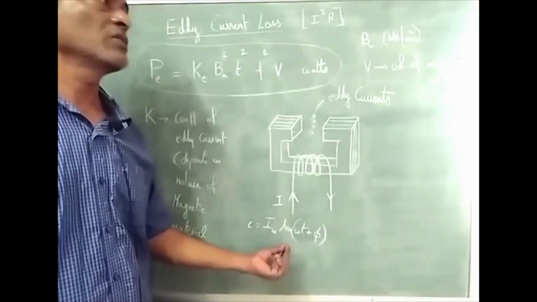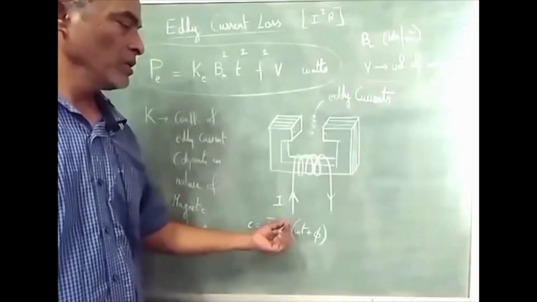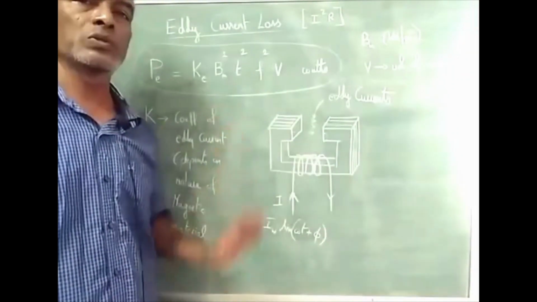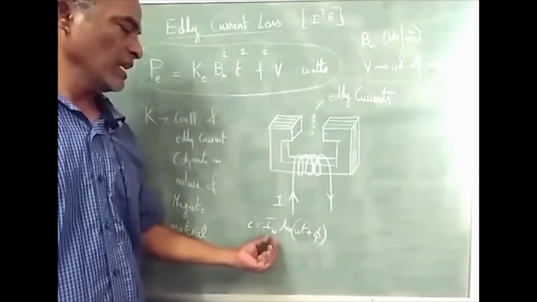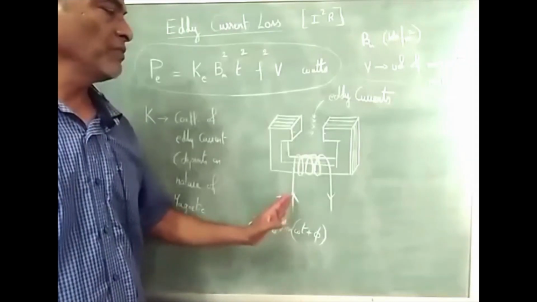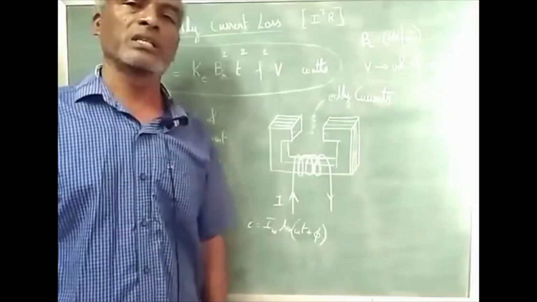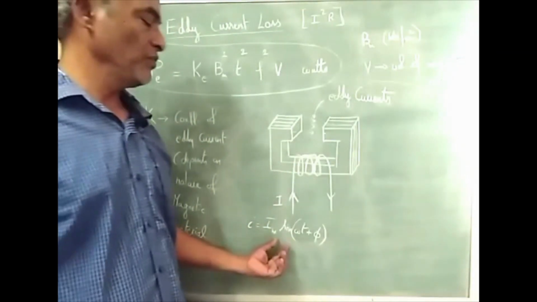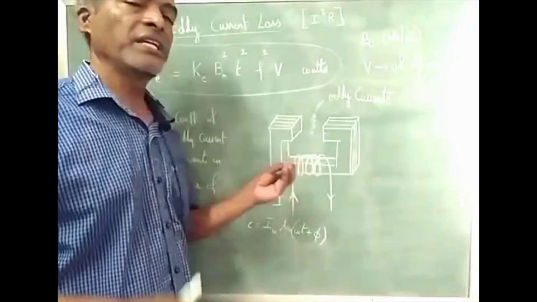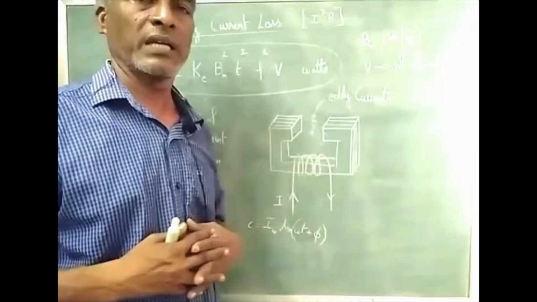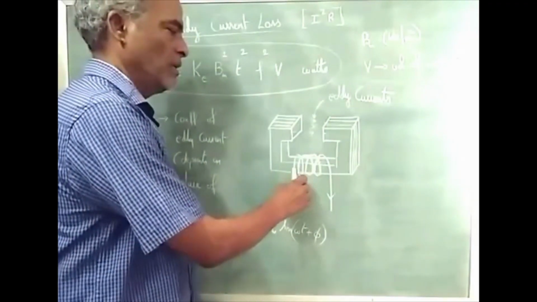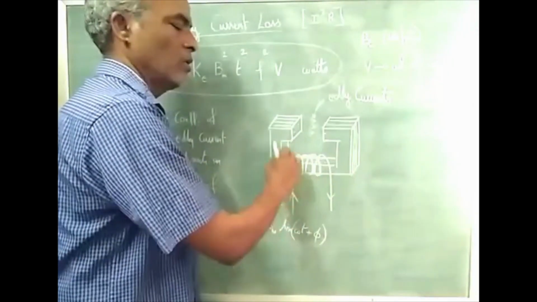Now we will understand the basic concept of eddy current. Suppose you give a current through the coil, assuming there is no secondary coil. The current equation is Im sin(omega t plus phi). If you give DC, the coil is a dead short. If you give an alternating current, it creates an alternating magnetic flux. This flux goes all around the core.